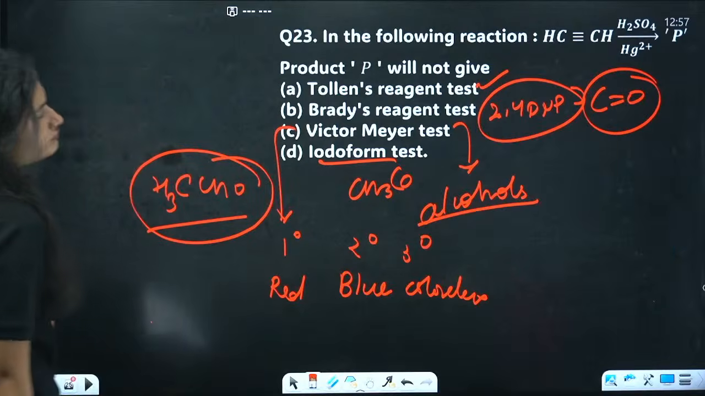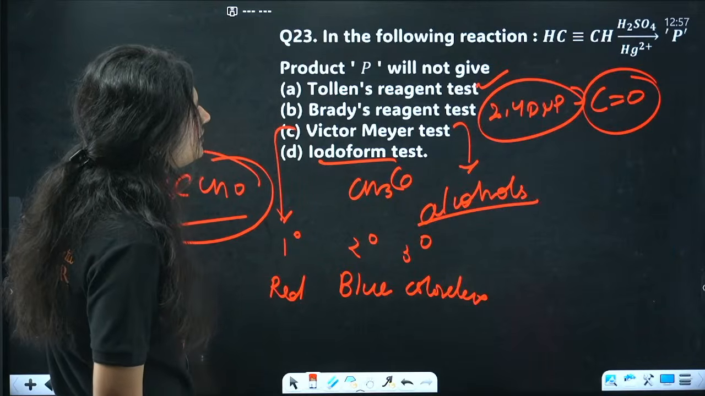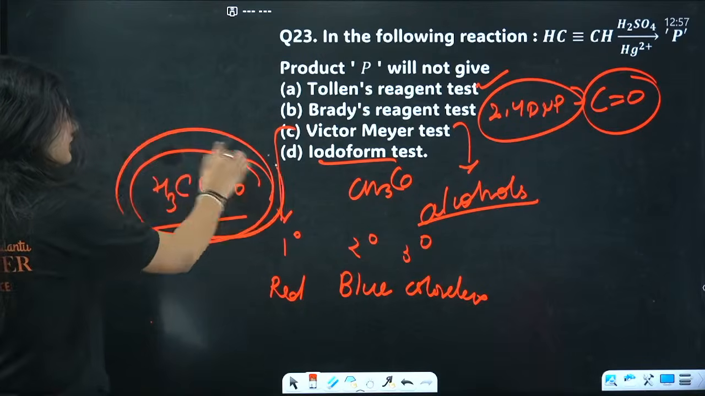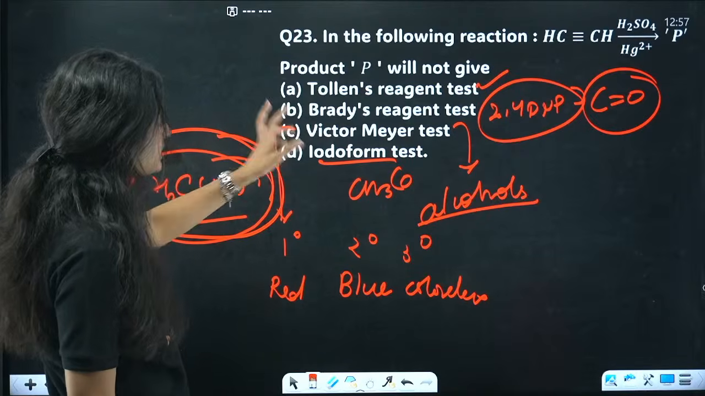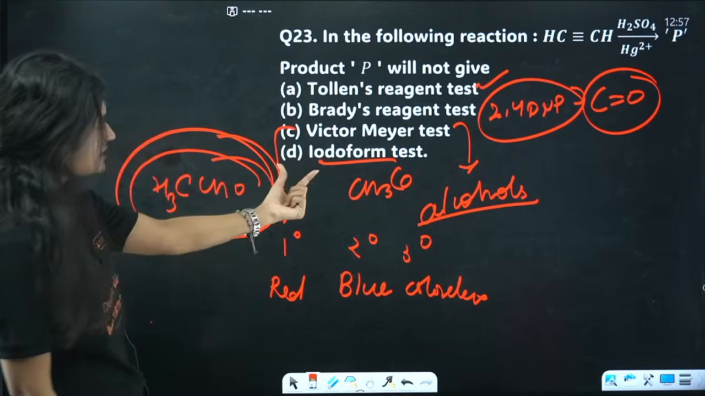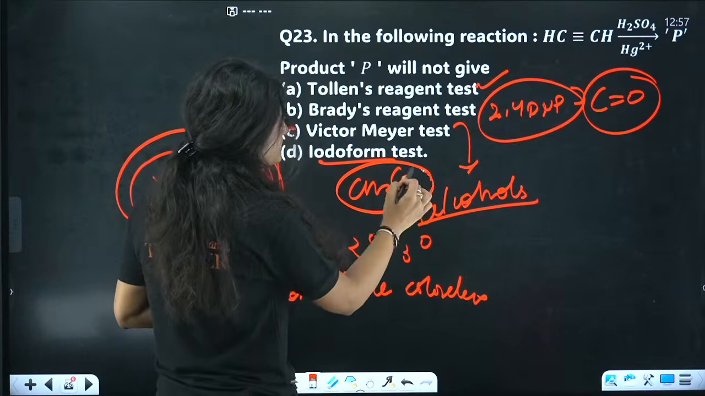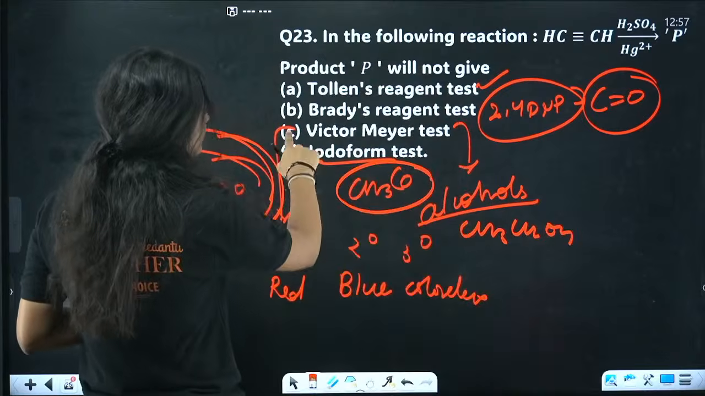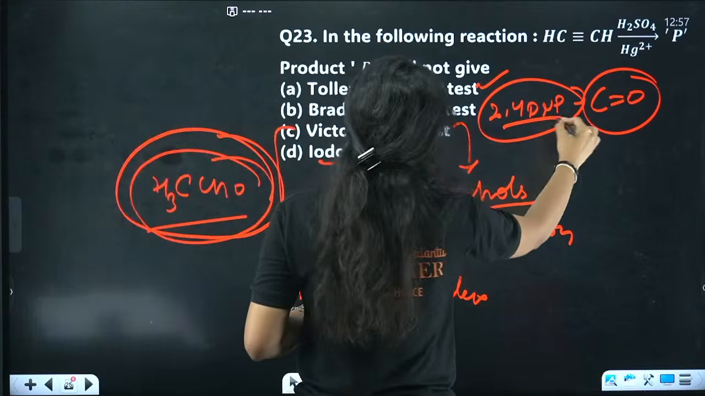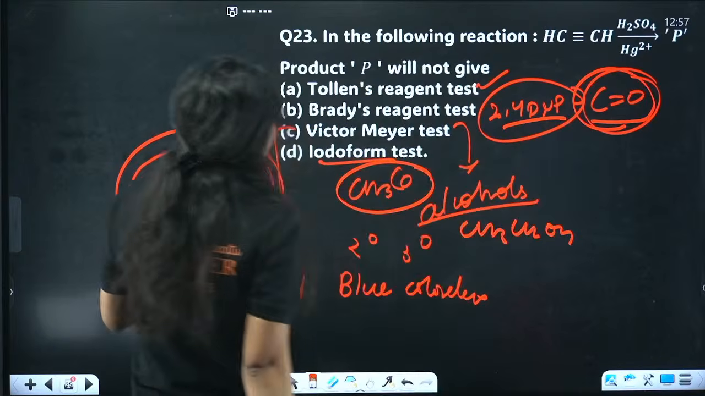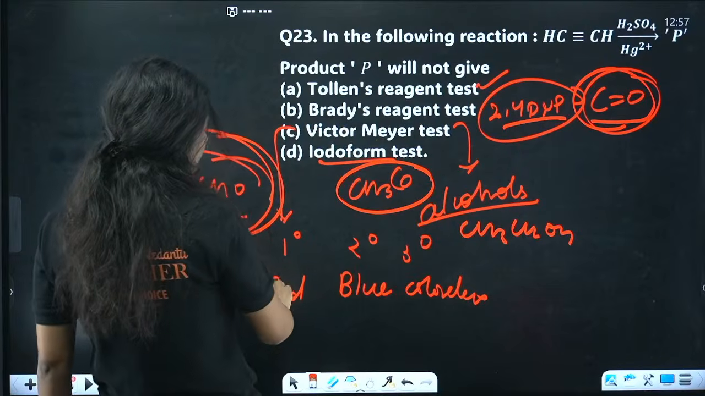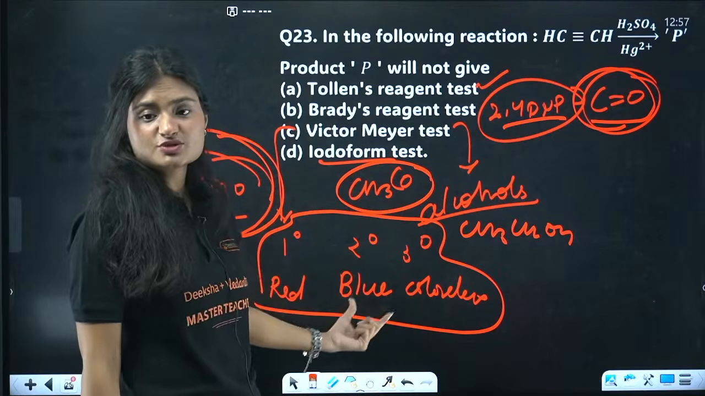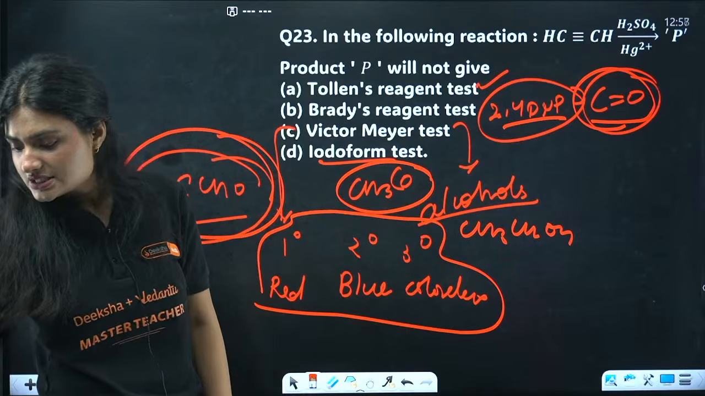Okay, next is hydration, right? Product P will give what? Product P is CH3CHO, right? We get an aldehyde. Aldehyde gives the Tollens test. Aldehyde gives the iodoform test, CH3CHO. For the iodoform test, the condition is a CH3CO or CH3CHOH group. Then Brady's reagent is 2,4-DNP. Again, this test is also given by carbonyl compounds. And the Victor Meyer test is a test that is given by alcohols only. Primary alcohols turn red, secondary turn blue, tertiary turn colorless. Okay,